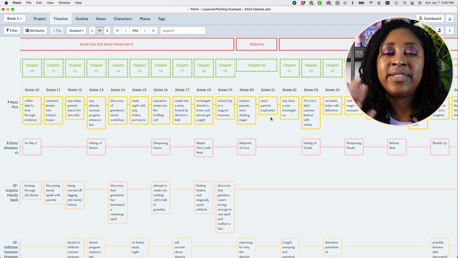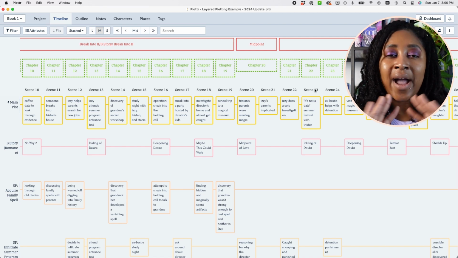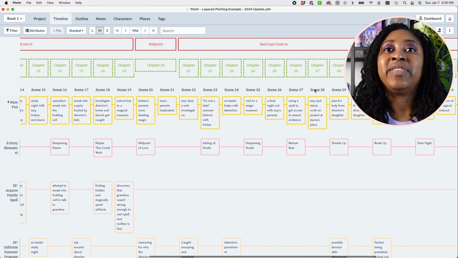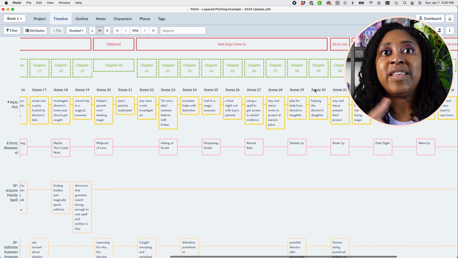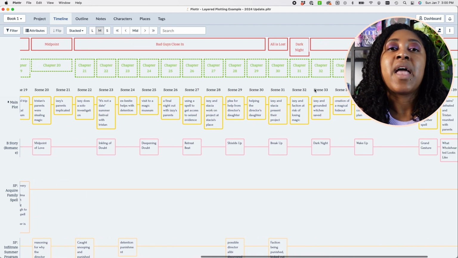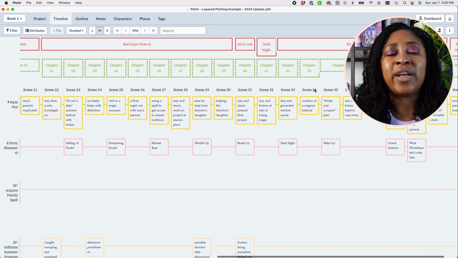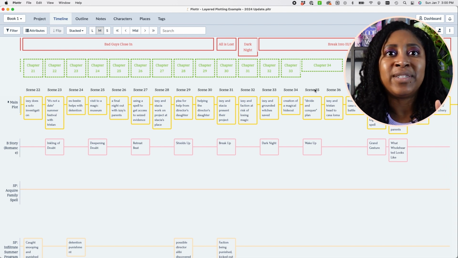So I separate everything based on the Save the Cat beats. And so I have the Save the Cat beats at the top, and then I'm able to put the chapters within each beat on the bottom, and then I put the individual scenes under that, which I like because it gives me a lot of focus. So I can be like, oh, what am I working on? I'm working on the debate section, or where's the debate section? And then I can immediately pinpoint it in that organization.